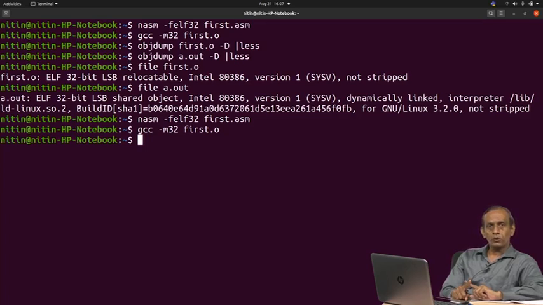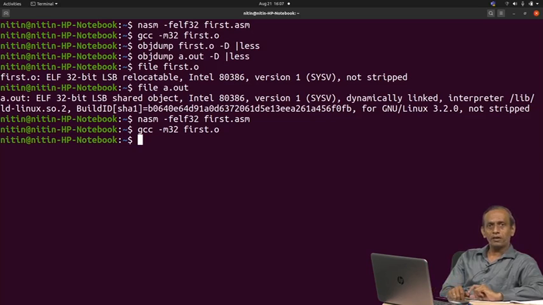Which of them is relocatable? Only first.o. First.asm is source code, which may be stored in the file system anywhere, and we do not care about it. The only relocatable file among these three is first.o.